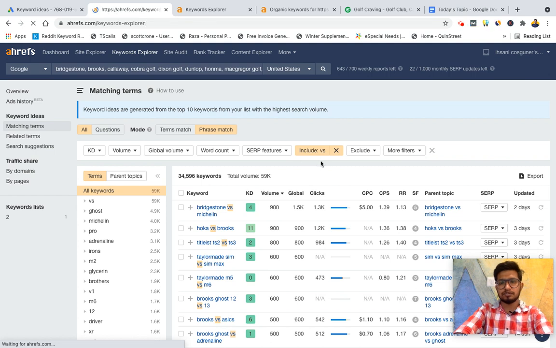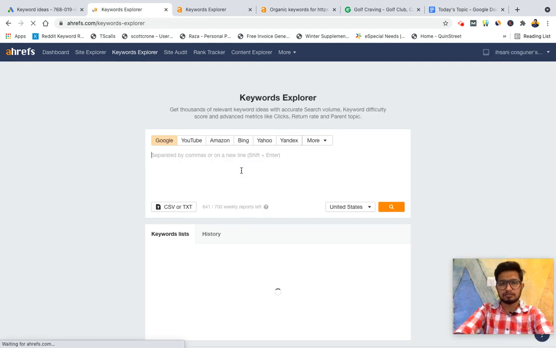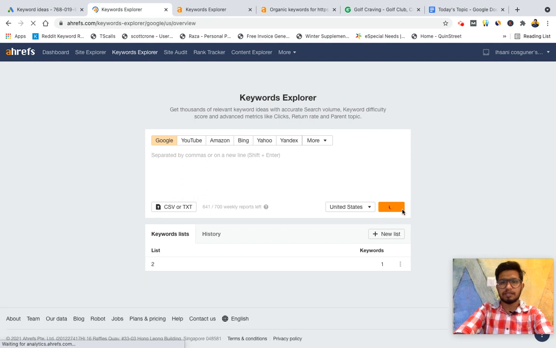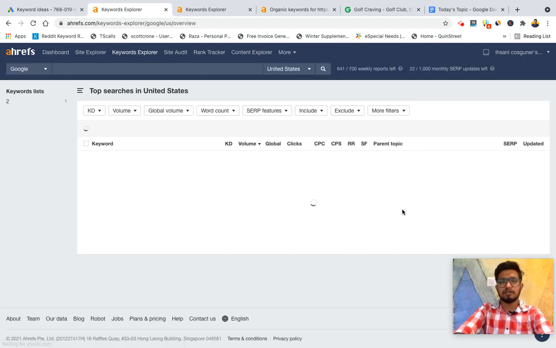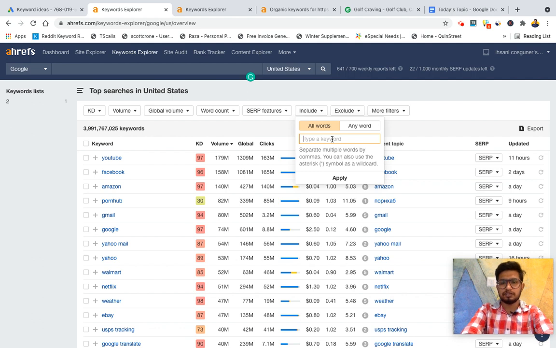Similarly, you can use these star marks for finding any related keywords in any niche. For example, as we are working on Leadsathon 2, where we are targeting the local business niche, we can find local business niche keywords also with this. Like if we put include here, like if we want to find a local niche keyword in Chandigarh, for that we want to find a keyword for best in Chandigarh.